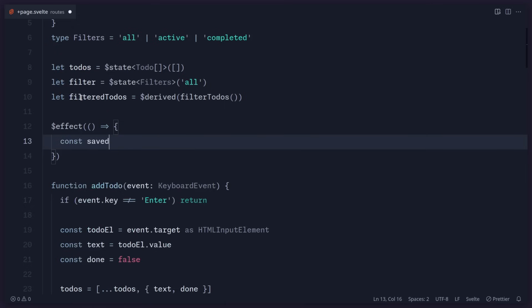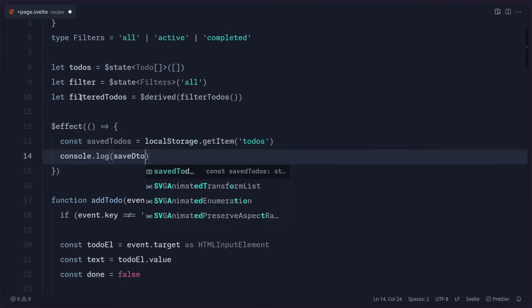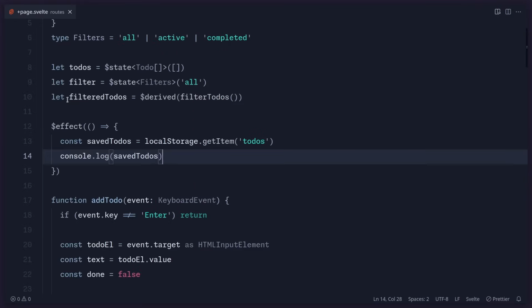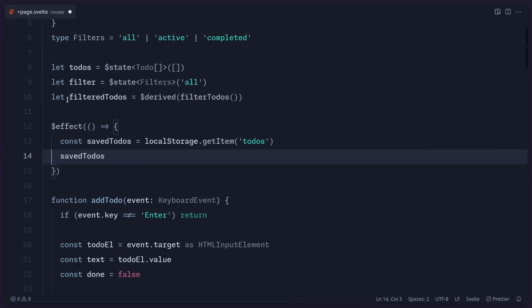We can say const saveTodos, and we can check localStorage.getItem, and then we can check for todos. So right now there shouldn't be any, right? So if we log saveTodos, this should log out null. That's it. All right, in the case if they do exist, so saveTodos, you can say if